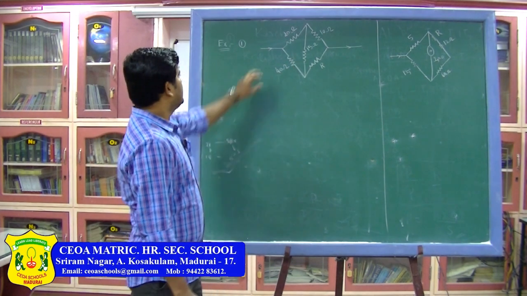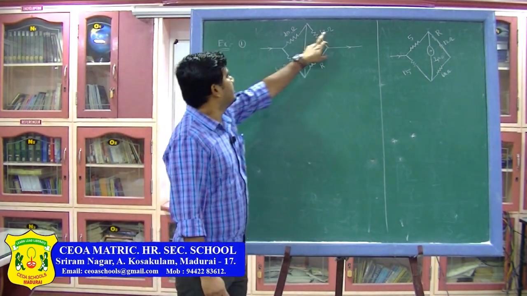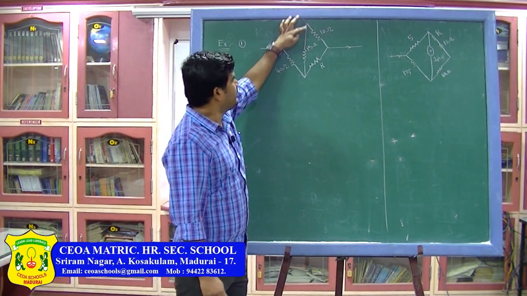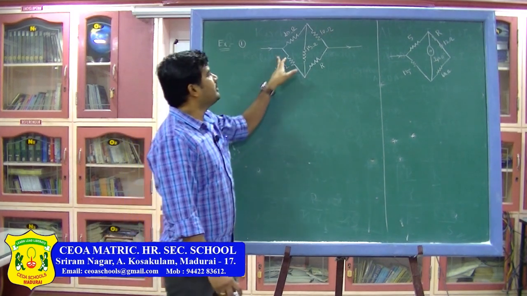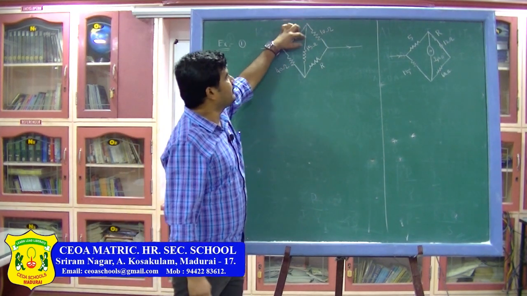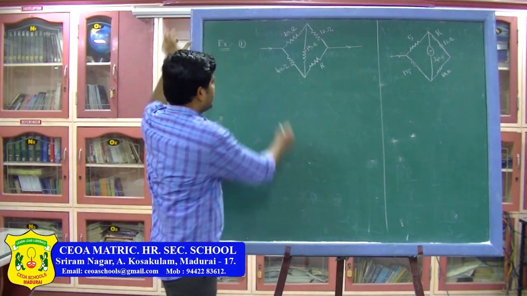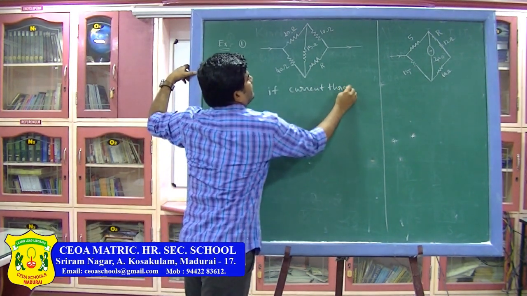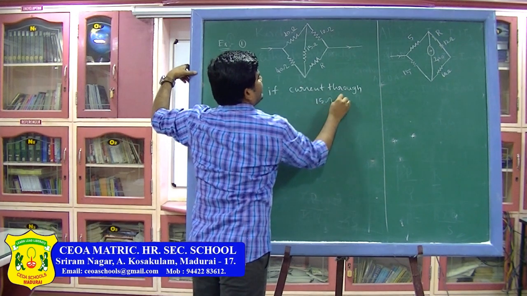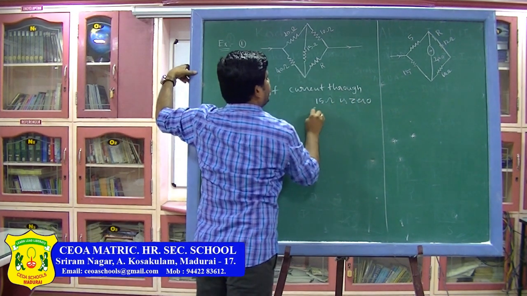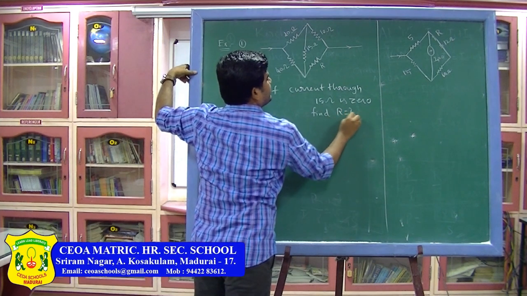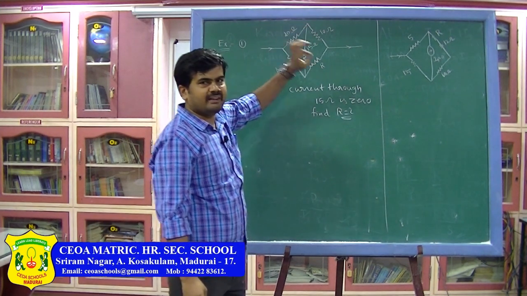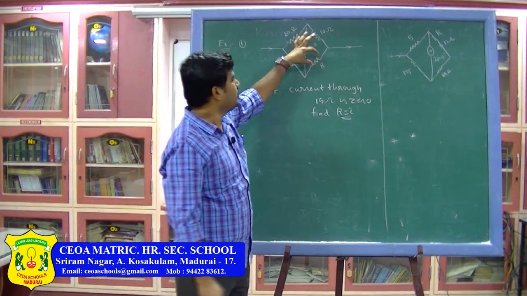The first problem, this is the circuit. So, 20 ohm, 10 ohm and here this is 40 ohm and R, and this is 15 ohm in the place of galvanometer, that means the middle resistor. Now, the question is, if the bridge is balanced, or if the current through the 15 ohm resistor is 0, find the R value. So, R value you have to find when there is no current through this 15 ohm resistor, that means indirectly it is saying the bridge is balanced, then find out the value of R.